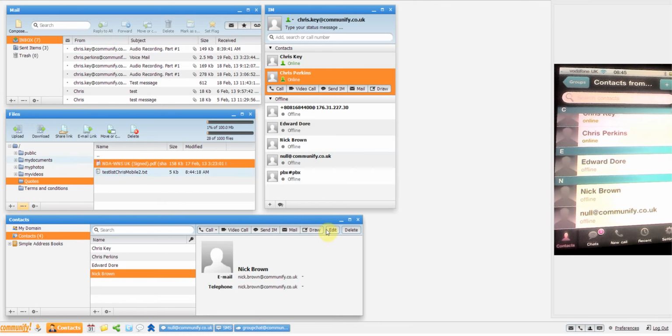So that's a whistle-stop tour of Communify, which is a hosted unified communications service from Hostcomm. The reason we're calling it Unified Communications is that it really is a true unified communications product with integrated email, instant messaging, file storage, contacts, mobile integration, voice over IP, PBX and contact center features,